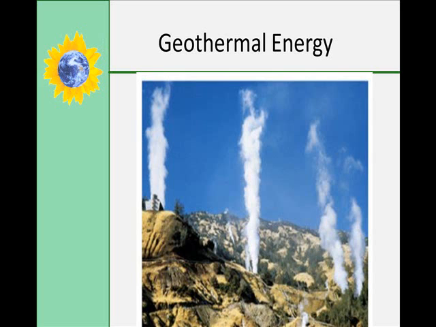Most geothermal reservoirs are deep underground and have no visible clues showing above the ground. Geothermal energy can sometimes find its way to the surface in the form of volcanoes and fumaroles, which are holes where volcanic gases are released, or hot springs and geysers. The most active geothermal resources are usually found along major plate boundaries where earthquakes and volcanoes are concentrated. So most of the geothermal activity in the world occurs in an area called the Ring of Fire, which is around the Pacific Ocean.